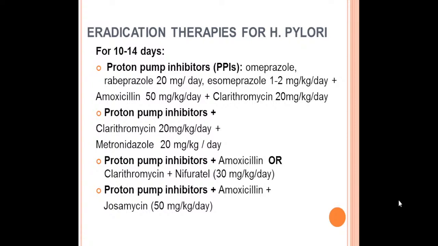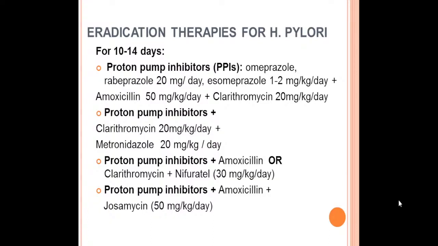Amoxicillin, it is a 3-component scheme. Omeprazole, amoxicillin 50 mg per kg, and clarithromycin 20 mg per kg per day. The second variant may be a proton pump inhibitor, clarithromycin 20 mg, and metronidazole 20 mg per kg. It is the second scheme of eradication of Helicobacter pylori. The next combination may be a proton pump inhibitor plus amoxicillin or clarithromycin, if the patient presents an allergic reaction to amoxicillin, and